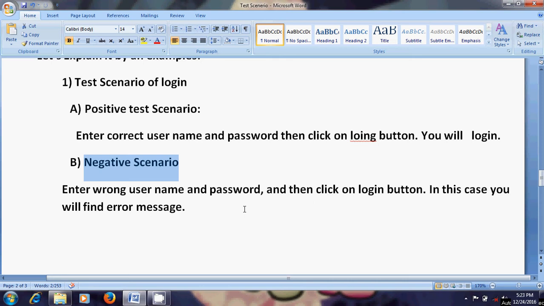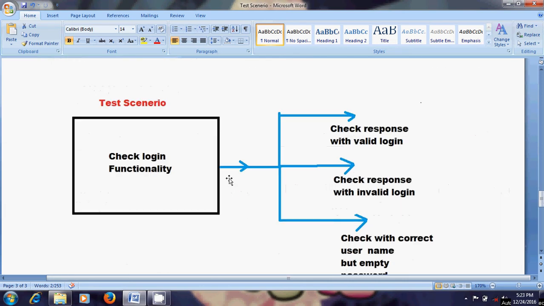For example, this is your login page, and here you have to check the login functionality, so this is all about the test scenario.